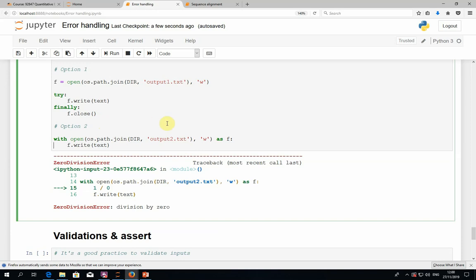OK, questions? Yeah. If I assign a variable in the with statement, will it exist outside? I think so. Yeah, it's like a for statement or a while. So I think the only exception to that is functions, which have their own